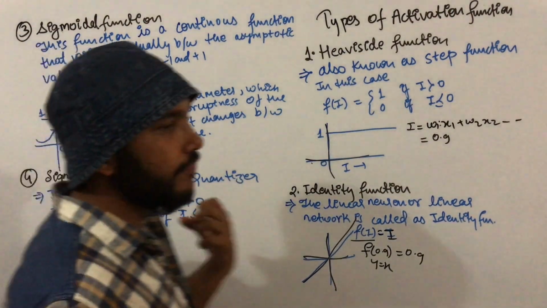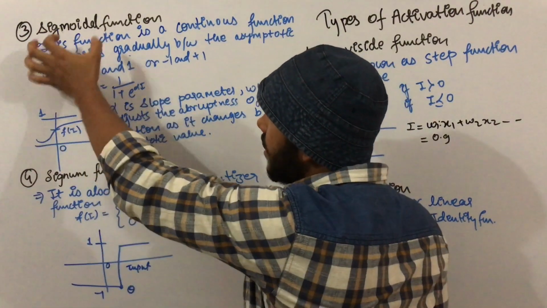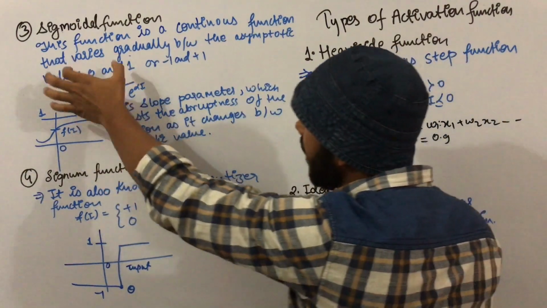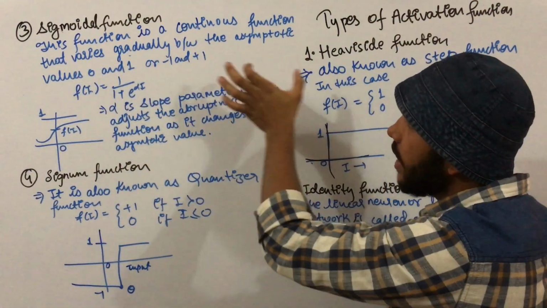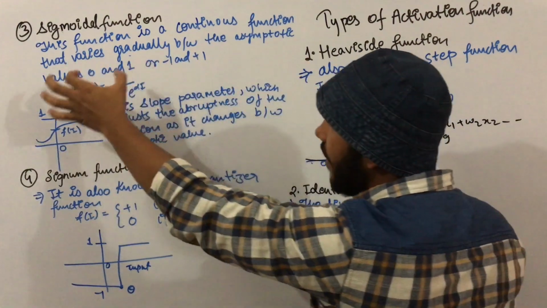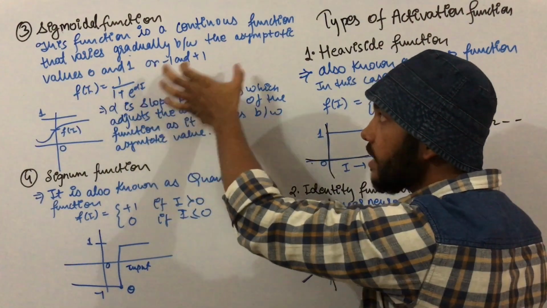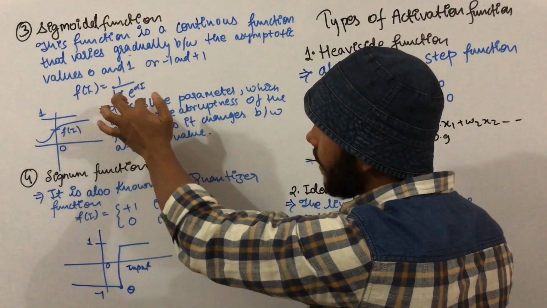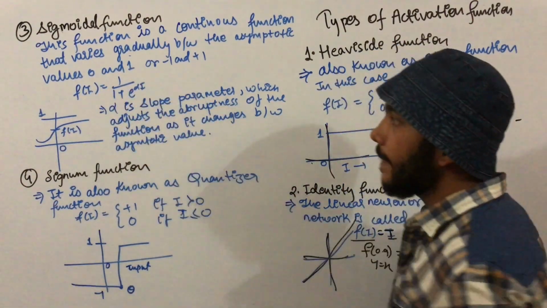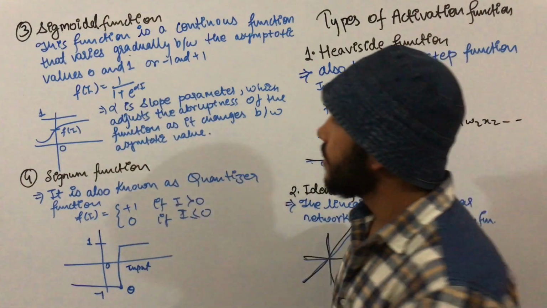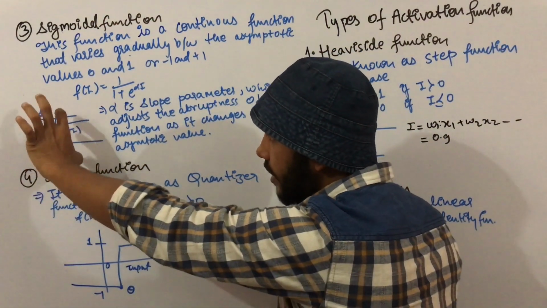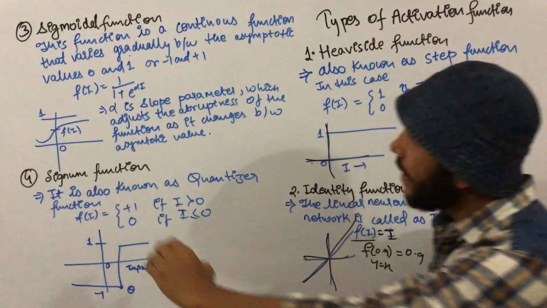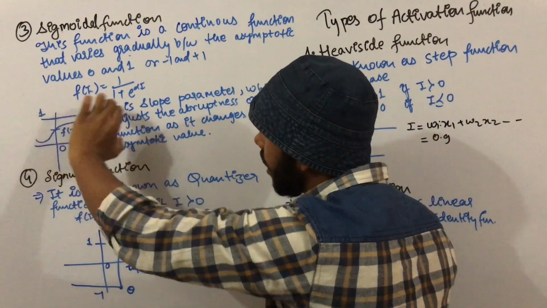Coming to the third function, that is the sigmoidal function. This function is a continuous function that varies gradually between the asymptotic values 0 and 1, or minus 1 and plus 1. F of I is equal to 1 upon 1 plus e raised to the power alpha I. This function's value is from 0 to 1, that is, we have two asymptotic nodes and our graph will be between this